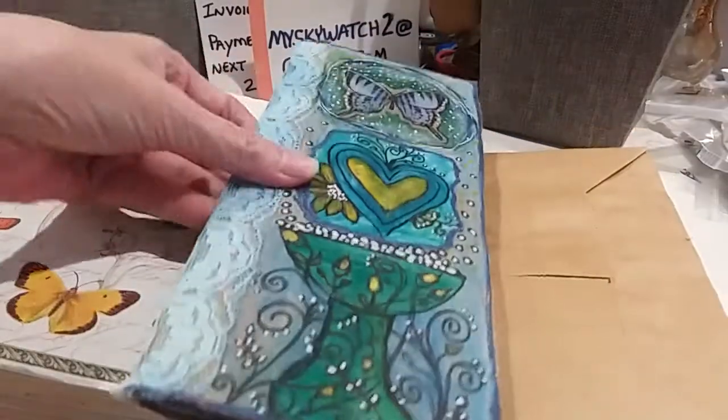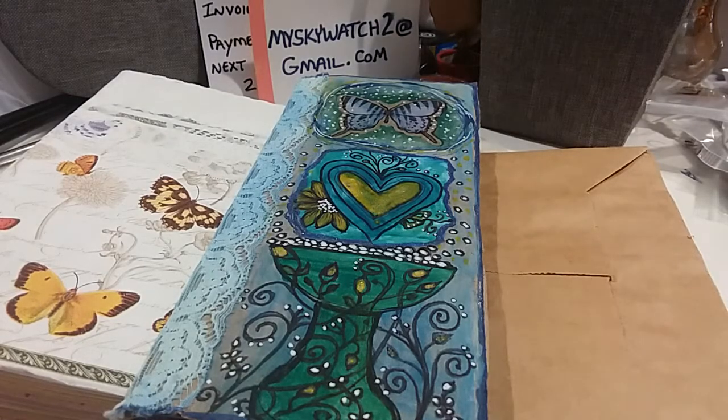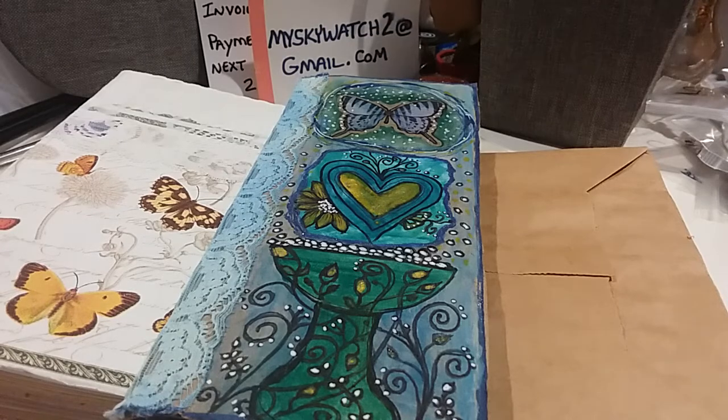journals I'm working in right now, and I did this mainly at the request of one of my viewers. One viewer wanted to just see my junk journals, and I told him I wasn't finished, but that's okay. I can show it along the way, which I've been doing anyway. And the other person wanted to know what is a junk journal, and that's my interpretation of a junk journal. You can either keep special keepsakes in there or things that have meaning to you. You just would like to remember, like sometimes there are certain sayings that I like